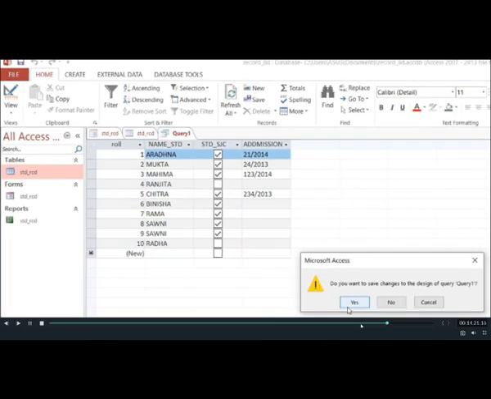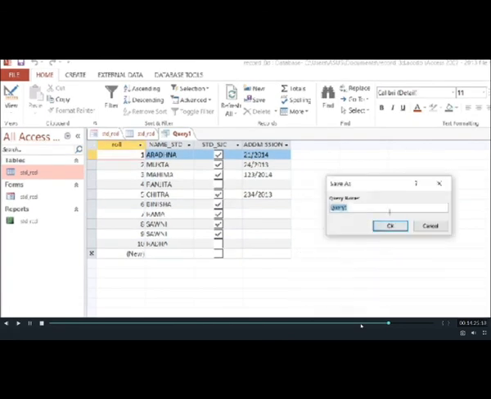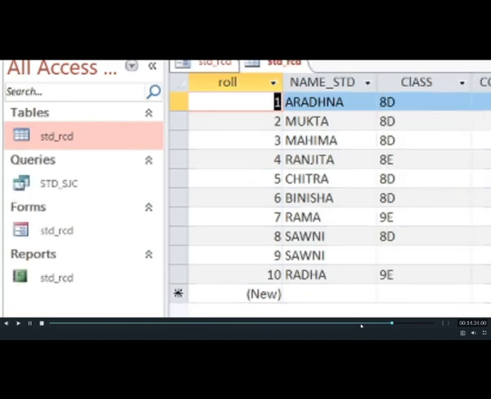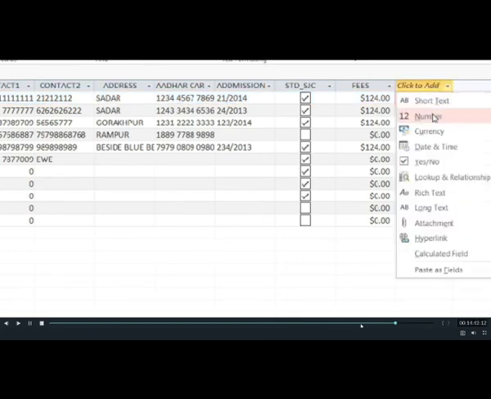Correct? You want to save it, same thing, you click on yes button, again a dialog box will appear, then you type the name of the query and then just press OK. Any name you can give. One more thing children, let us click once more to the table. You know children, I told you that you can add the table, same way you can delete the table.